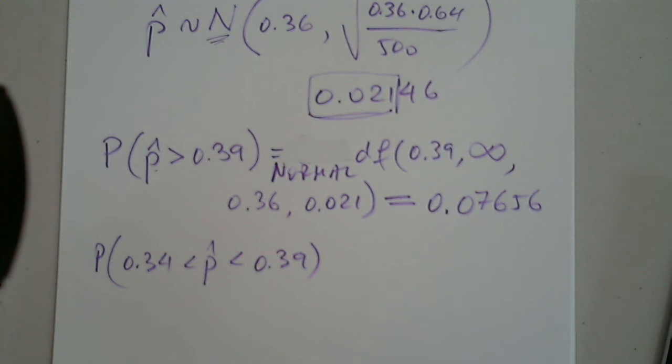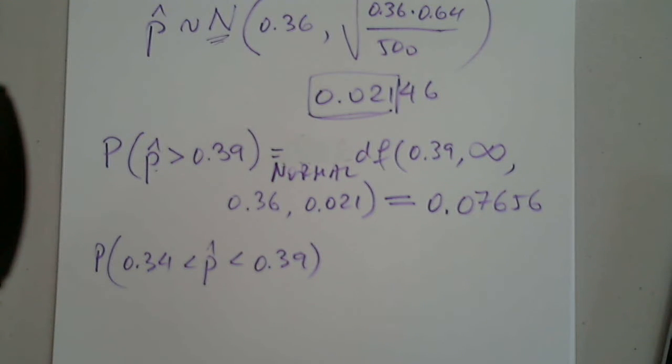So again, this is even easier. I don't need that infinity. So I'm going to copy the entry. And I have 0.34. So this is 0.34. And the next one is 0.39. That's it. And make sure that I delete that. So between 0.34 and 0.39, comma,